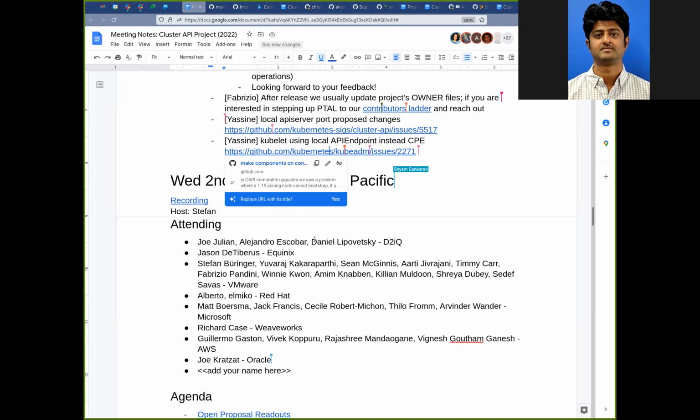What I observed was kubeadm was still using the control plane endpoint for kubelet.conf, which is the kubeconfig for the kubelet, which uses the control plane endpoint to register the node. And it fails because of the hairpin issue. So we still have to figure out a way to not use the control plane endpoint for kubeconfig files.